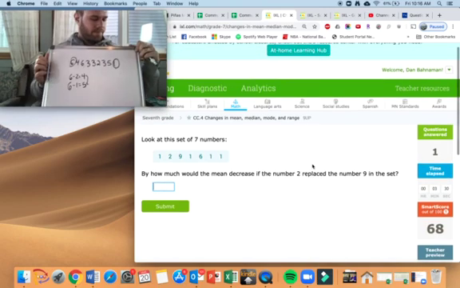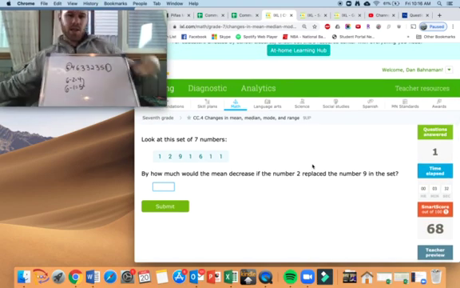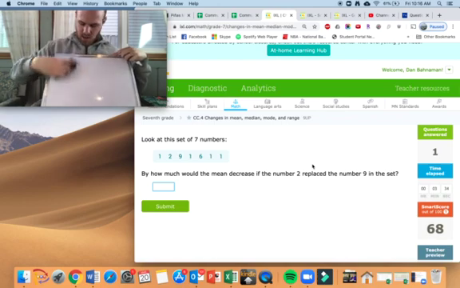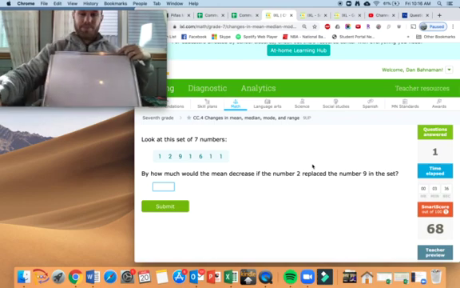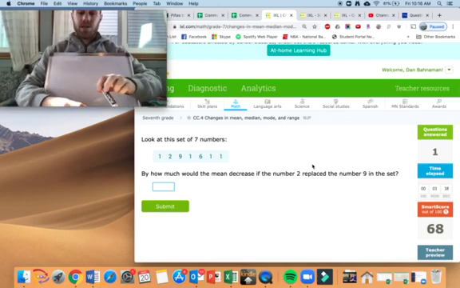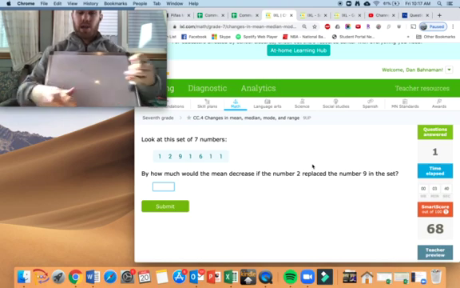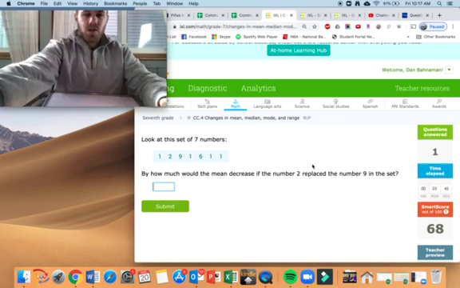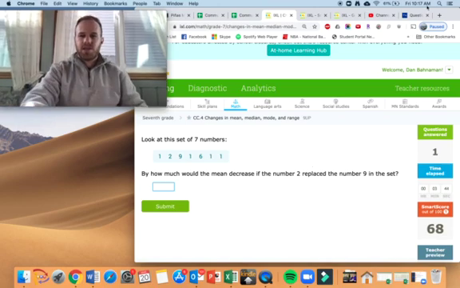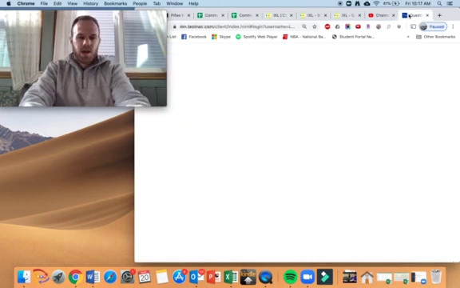Okay, for this one, it says, look at the list of 7 numbers. By how much would the mean decrease if the number 2 replaced the number 9 in the set? So for this one, I'm going to show you how to do this on your calculator. Remember, the mean is when you add and divide. You add and divide for the mean. So I'm going to do